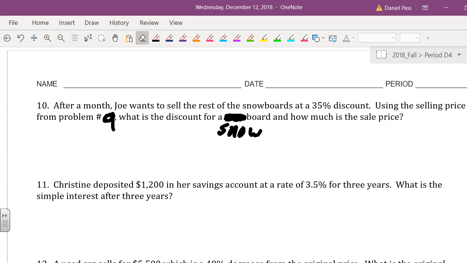After a month, Joe wants to sell the rest of the snowboards at a 35% discount. Using the selling price that we have, what is the discount for a snowboard? And how much is the sale price? Okay. So you multiply 0.35, good, times